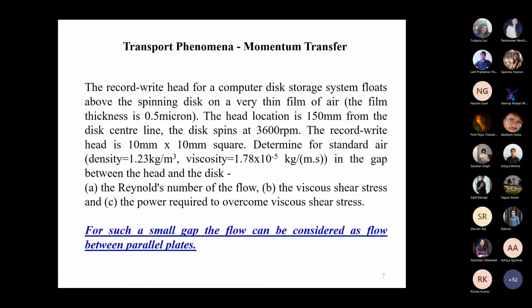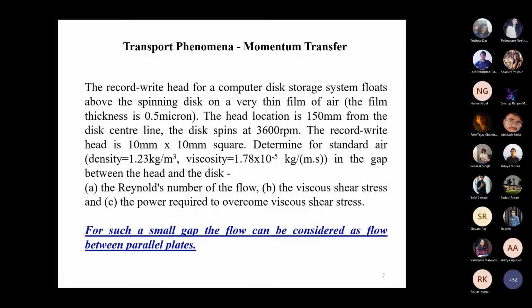A problem which we have done before. I'll quickly go through this. So you have a disk storage system. Do you recall this problem? I think I have solved it in fluid mechanics. Yes, sir. Okay, so it's nothing but a disk which is being rotated at high speed, 3600 RPM, and you have a